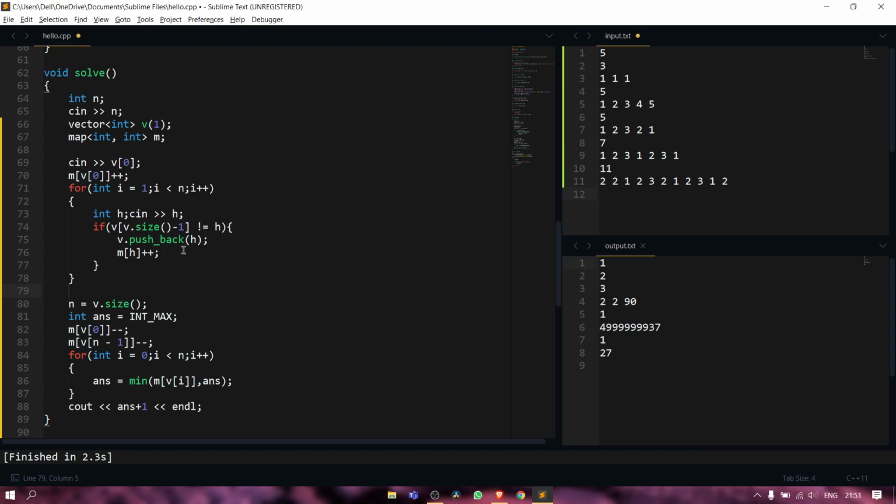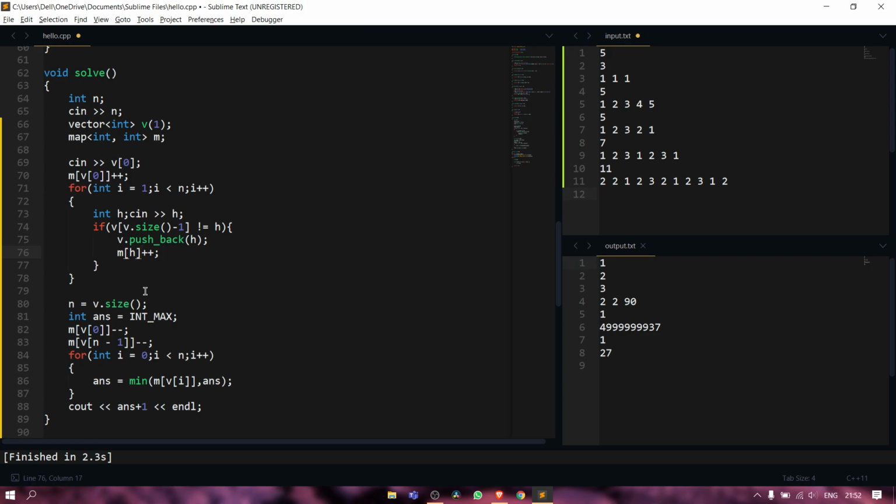There is one condition: if the last element of the vector is the same as the number that we have inputted just now, then we don't need to add it; else we will add it and increment it in the map also.